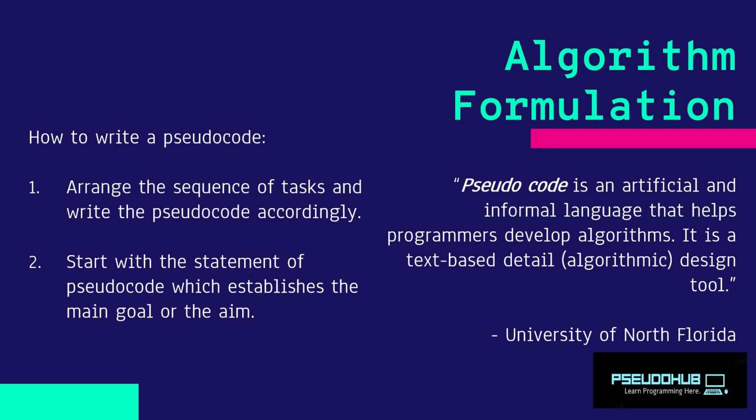And number 2, you need to start with a statement of pseudocode which establishes the main goal or the aim. Meaning kinahanglan nimo mag-start sa pinakauna ni mga statement, kinahanglan nimo ibutang dito kung unsa ang imong goal. For example, number 1, di ba katong atong sample problem nga i-solve ang sum sa two numbers. So the step 1, get sum,